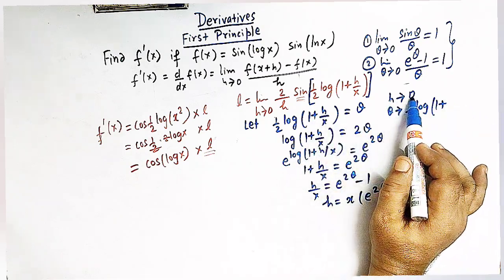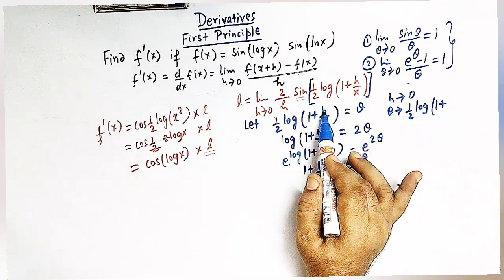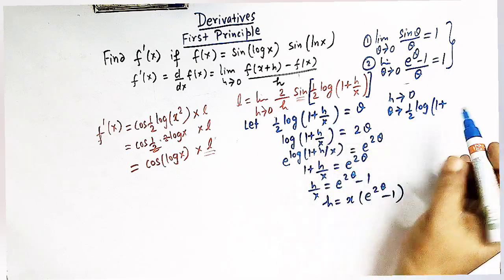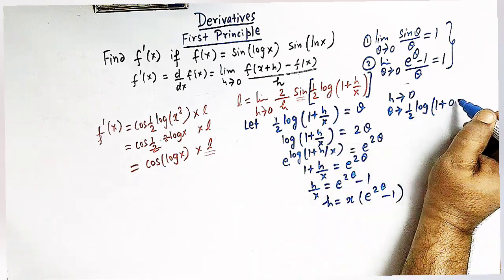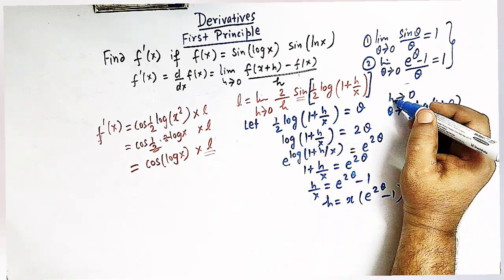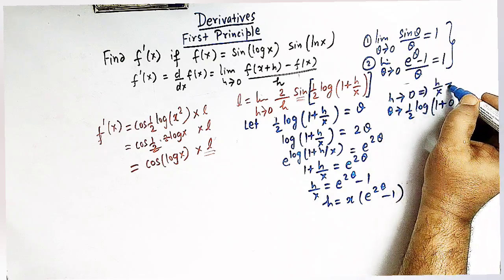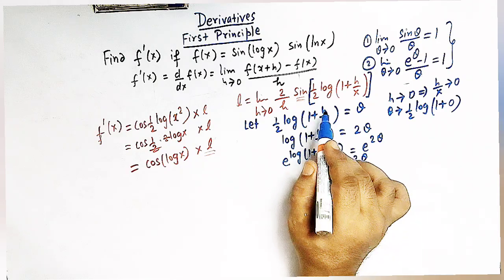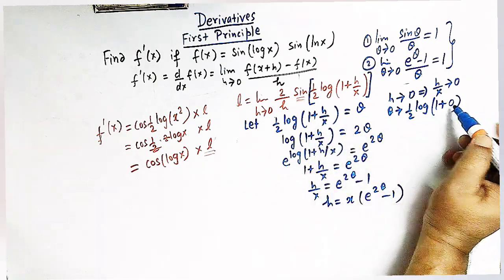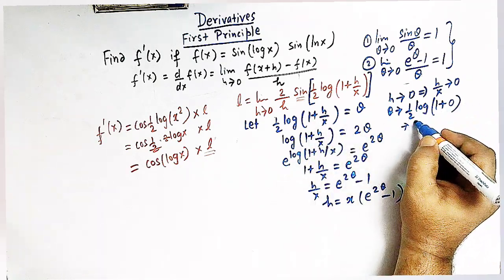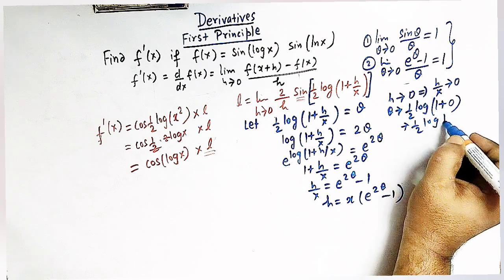When h tends to 0, this term h over x also tends to 0. So we can write that when h tends to 0, it implies that h over x also tends to 0. So here h over x can be written as 0, and we are left with half log of 1,